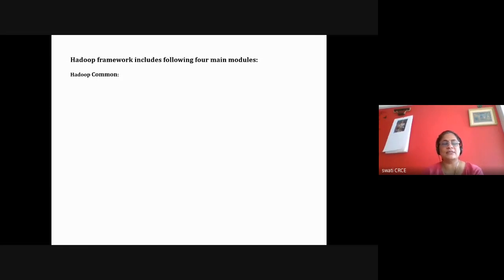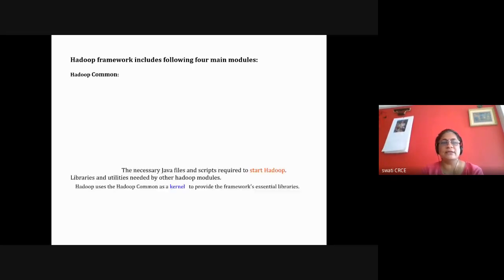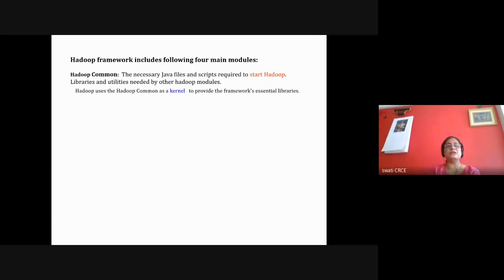Some of the files remain in memory as part of the operating system. Similar to that, whenever Hadoop is started, some common libraries or files are needed. So that is the first component, which is a required component, called a core component, meaning the main important component without which Hadoop will not execute.